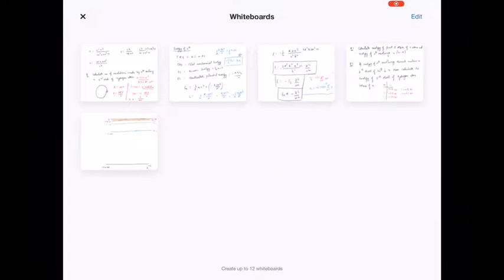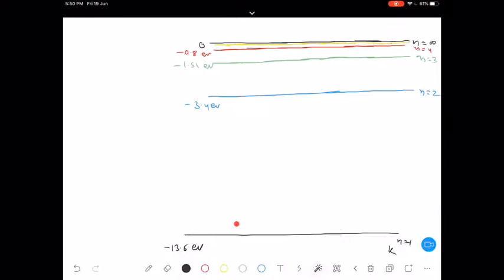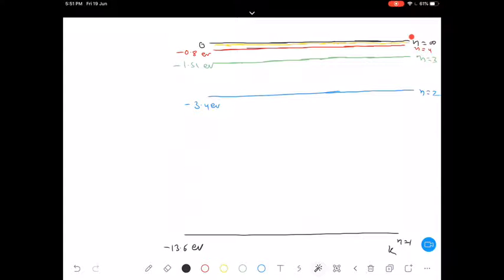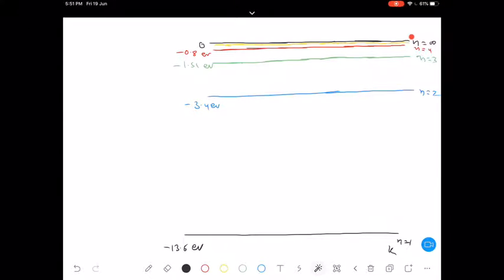So as we are moving up in the orbits, the energy keeps on increasing. Here minus 13.6 is the minimum energy, and the maximum energy will be at n equals infinity, meaning ionization of that electron, meaning the electron will not be part of that particular atom. Correct. That is the first part.